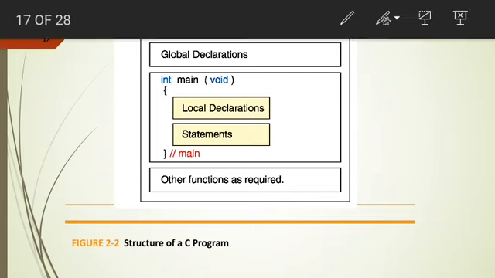The only thing that changes is this part, where you have to apply your logic. So this is the main part where you apply your logic. Turn by turn I will explain all the things.